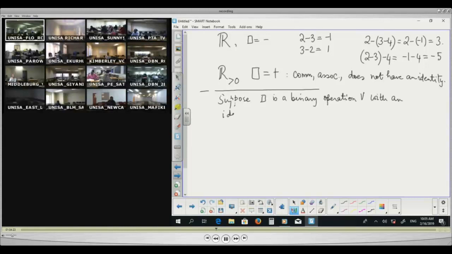We say that Y in V has an inverse if there exists a Z in V such that